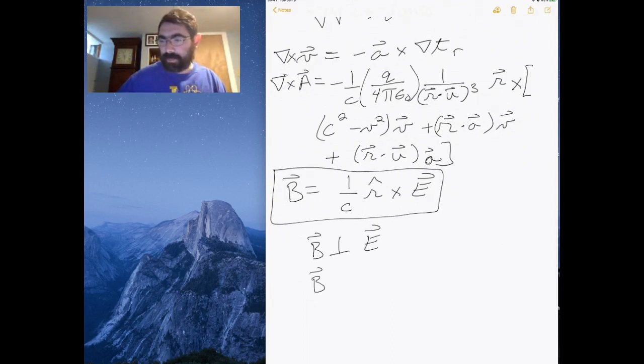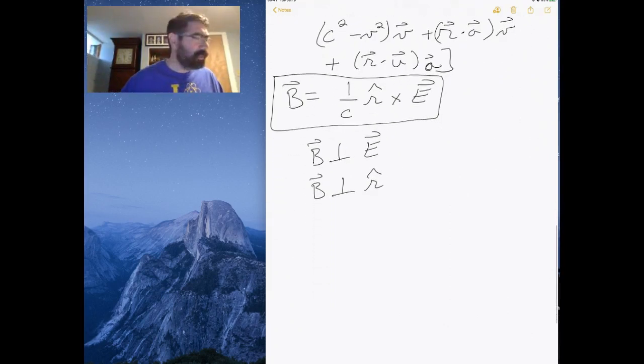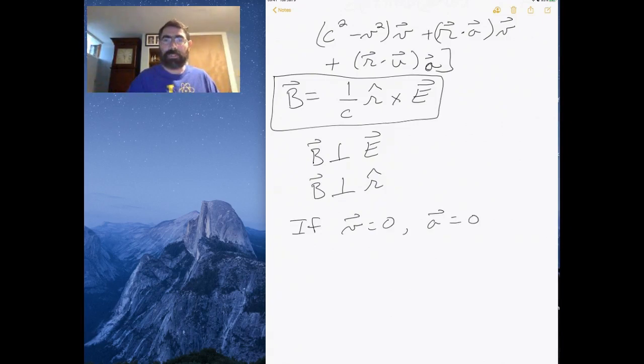So what this tells us then is that the magnetic field is perpendicular to the electric field. The magnetic field is also perpendicular to the directionality, and what's even better is that if the velocity is 0, then the acceleration is going to be 0. So let's say we have a stationary charge,